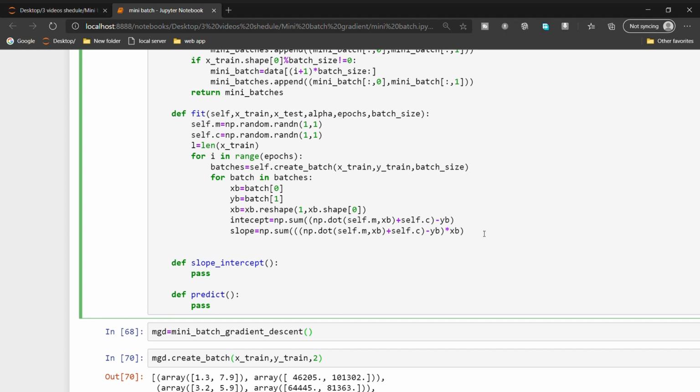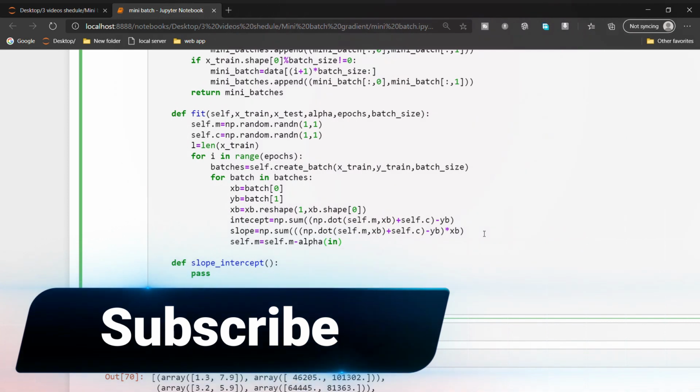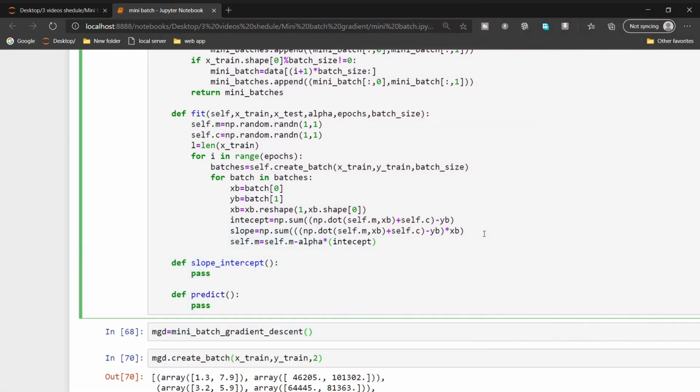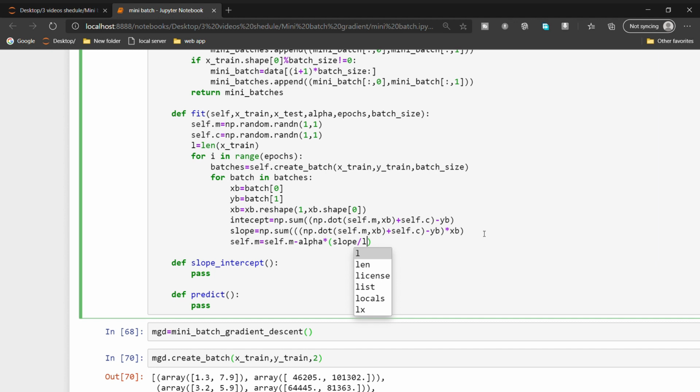So now I need to update self.m equal to self.m minus alpha into the slope divided by, sorry, L. L means the total length, the number of training examples.